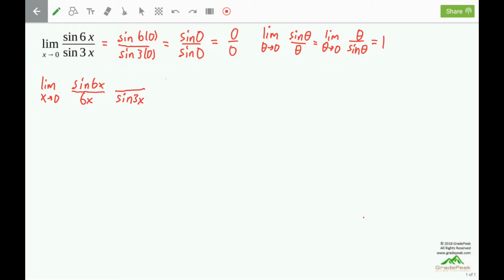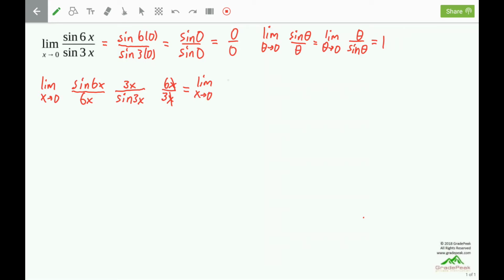To compensate for that, we're going to put a 6x in the numerator in its own fraction off to the side. The other sine of 3x in the denominator has a phase of 3x. We need to match it in the numerator, and in the separate fraction we'll put a 3x in the denominator to compensate for it. The x's in that fraction can cancel each other out, and so we're left with limit